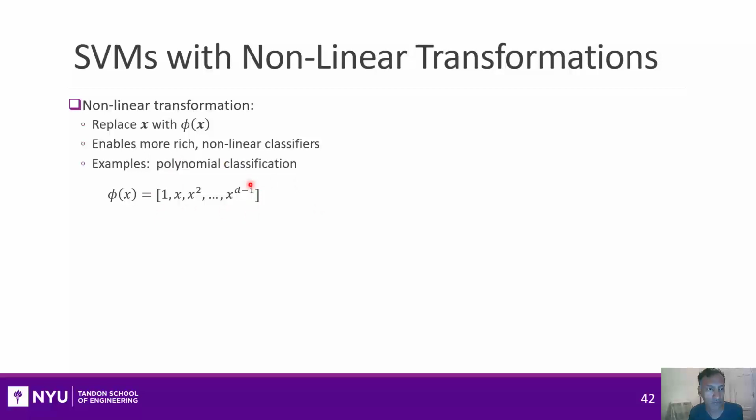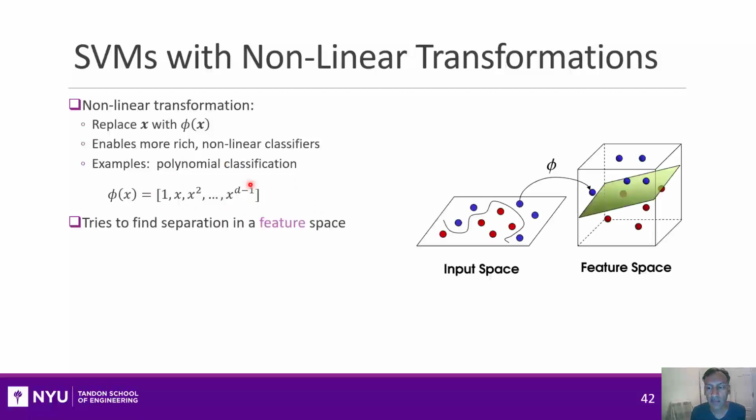Now, the way that SVM people think about this is that you're performing the classification in a feature space. So for example, let's say I have some input space where the data looks like this. And it's clearly not linearly separable because a good boundary would have some complicated relationship. So what you can do is take this phi and map it to a higher dimensional space, or typically higher dimensional space. And in that space, there is some linear separability. And then when you map back, you get this